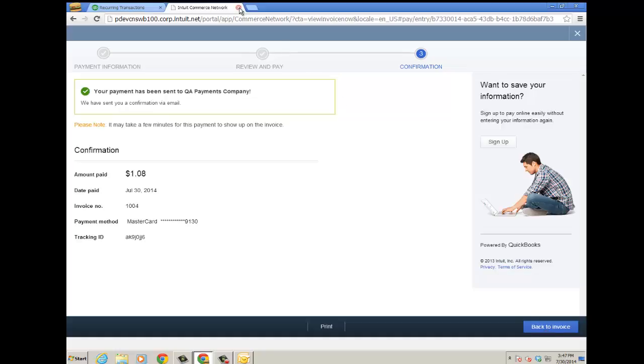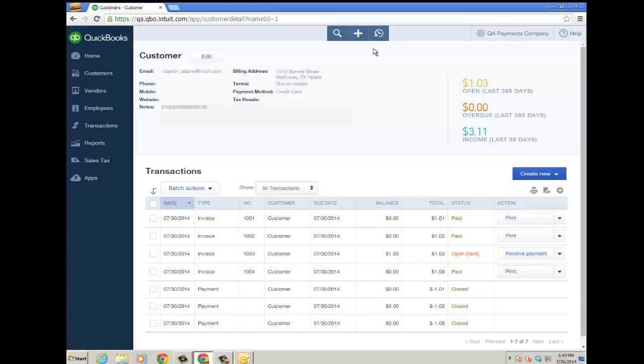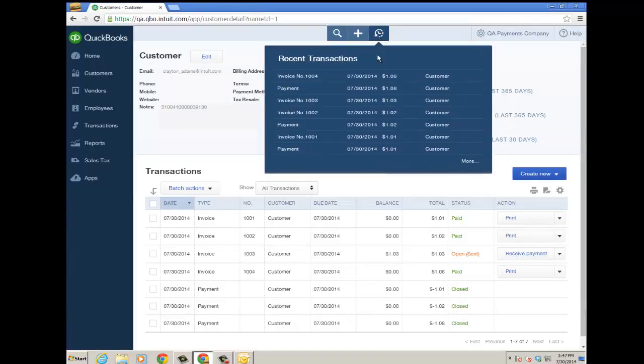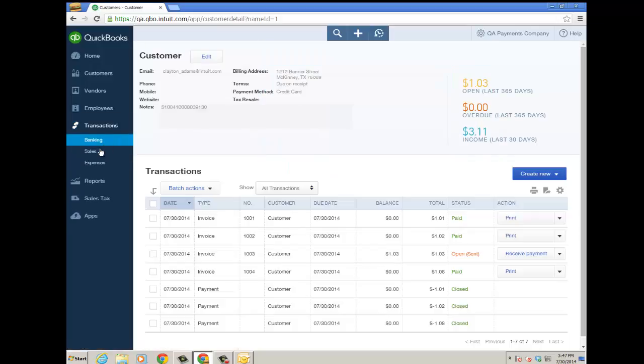Now let's go look at QuickBooks Online to see what happened in the invoice. Now I'm the small business owner here, Woody, and I can go to the recent transactions and I can see the payment there, or I can go to transactions and sales and I'll notice that, there's the $1.08 invoice and there's the payment, and obviously I can go to the invoice now and you see it's stamped paid, taken care